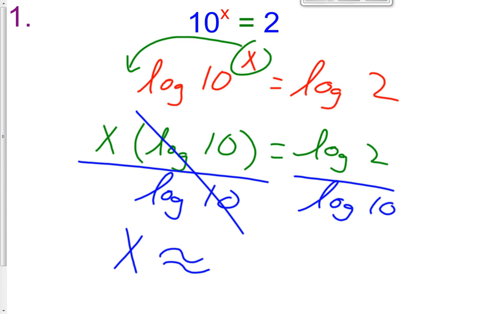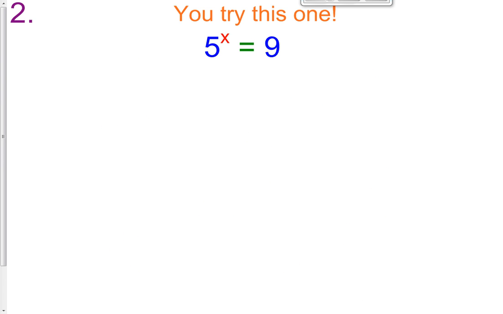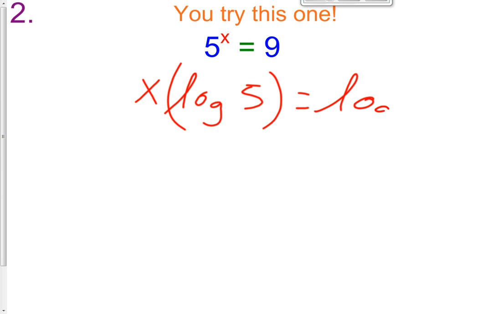0.3010. There's our answer for the first problem. All right, why don't you guys try the second one on your own, please. After you tried this one, hopefully you got x multiplied by the log of 5. That equals the log of 9. So when you divide both sides by log 5,